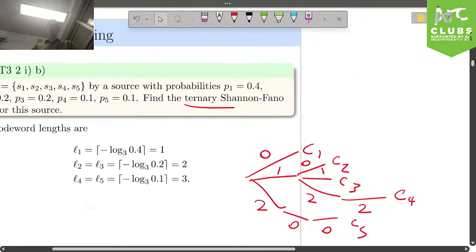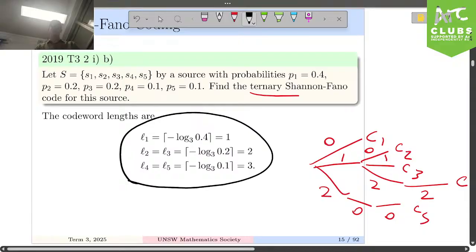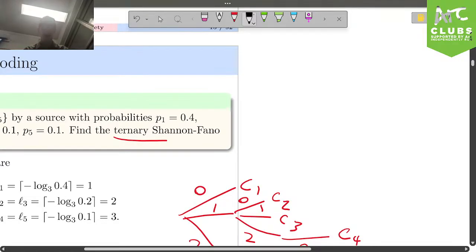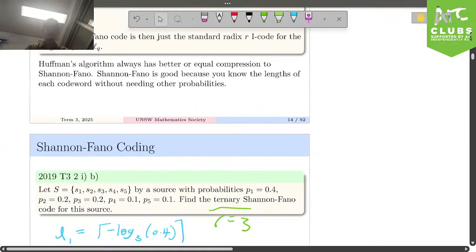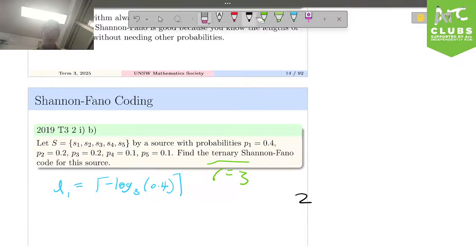Yeah, okay. So what the gentleman here said is that instead of just computing it using your log, if you want to try to do it in your head, what you can say is, if you rearrange the equation, basically you're trying to find the L such that r to the power of Li, sorry, r to the power of negative Li, because the negative comes from the 1 over the probability, is less than or equal to the probability.